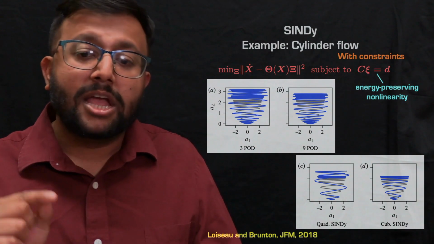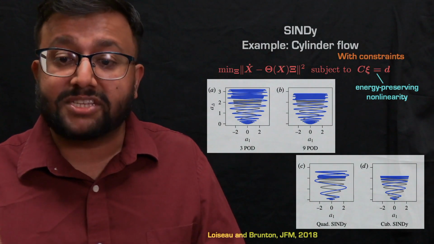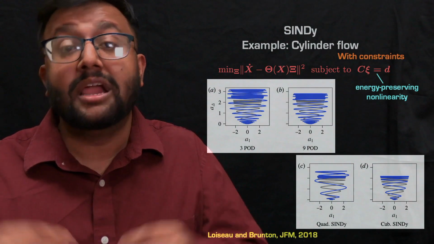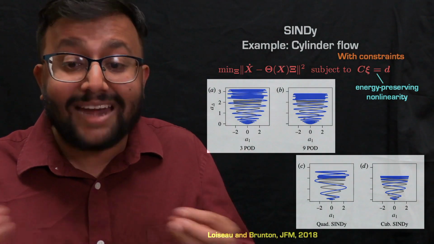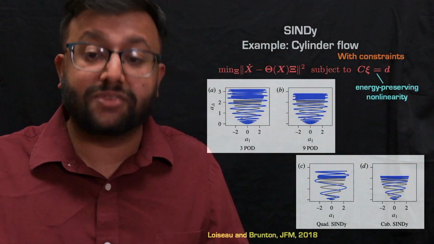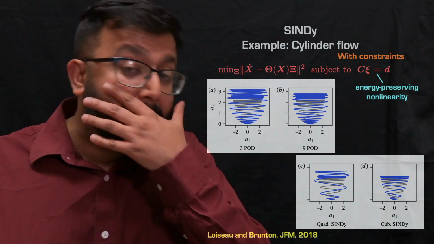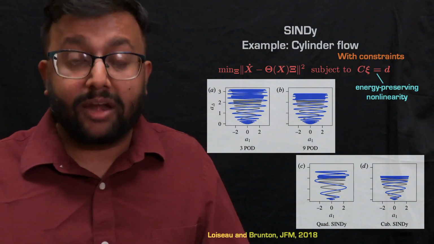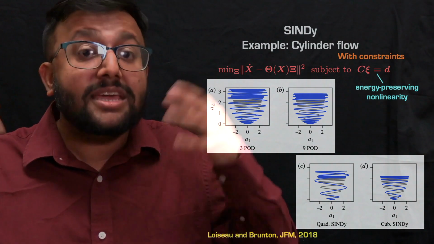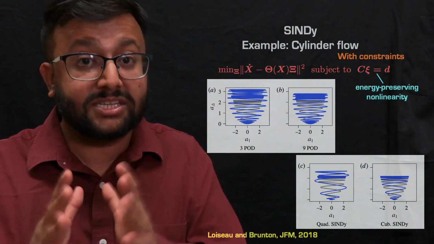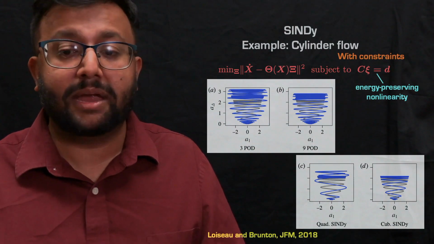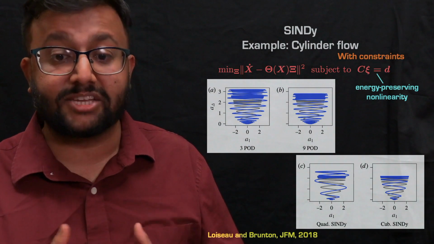In particular, the coefficients of the SINDy model are also required to satisfy the energy conservation of the flow. So if we enforce energy conservation of the flow, that is number one. And number two is we increase the order of the polynomials in the library to being cubic, then excellent agreement of the SINDy model with DNS is obtained.